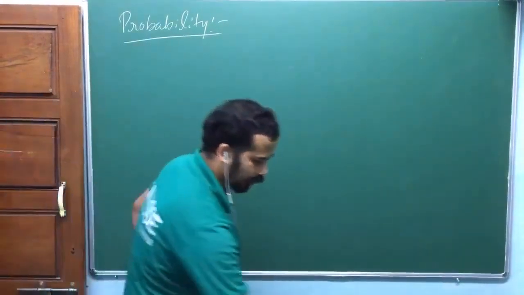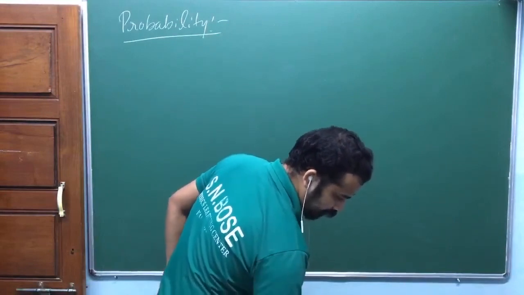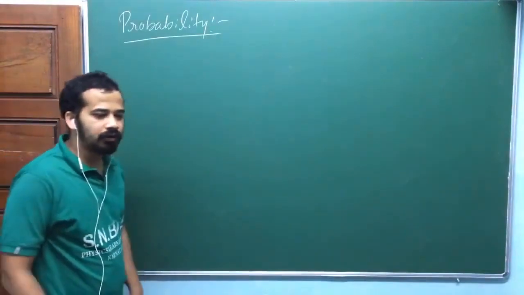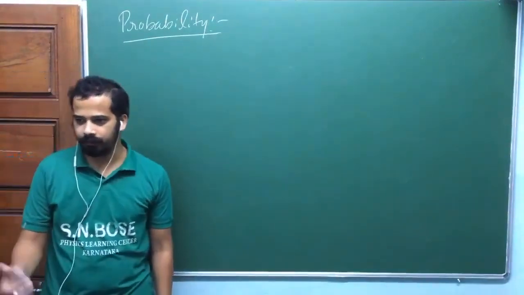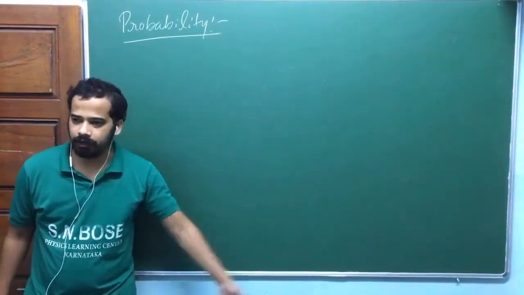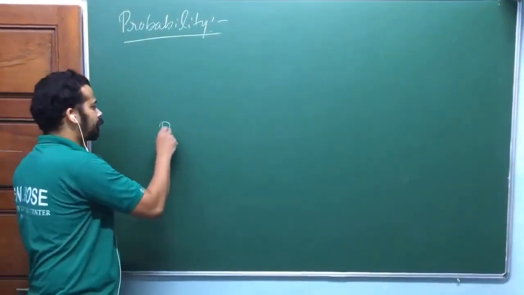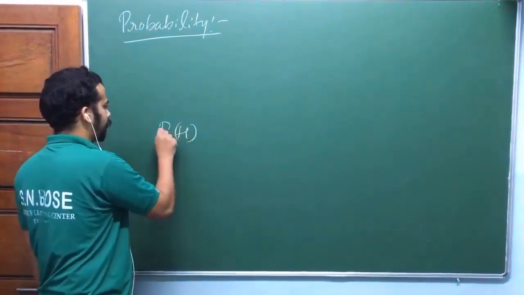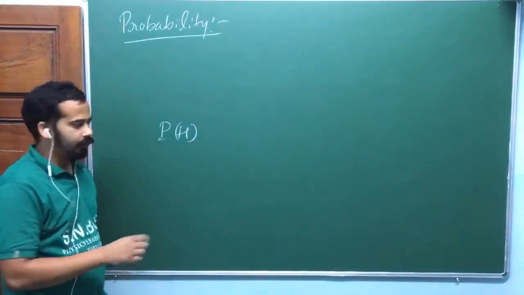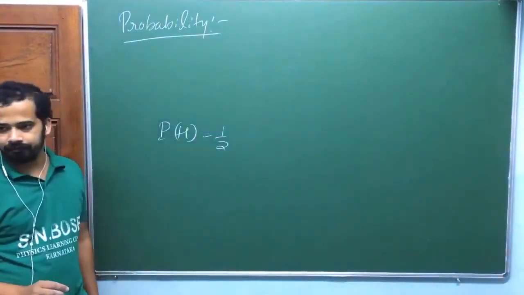Suppose you toss a coin. That's the first thing we start with, isn't it? When you toss a coin, you are not certain about anything. Either you can get head or you can get tail. Then we deal with probability. Now, when you toss a coin, what is the probability of occurrence of head? You say that's equal to half. Am I right? How did you say that it is half?